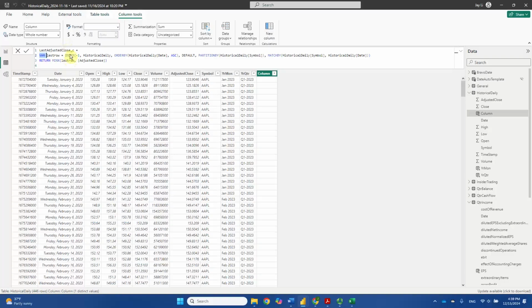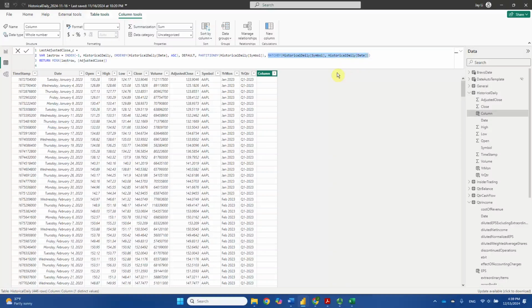All right. So I'm using this index function to retrieve a particular row from this historical daily table. So this argument, historical daily, is basically indicating the data table on which this index function is working. So the index function is going to take a look at this historical daily data table. All right. And what's next? This argument, match by,